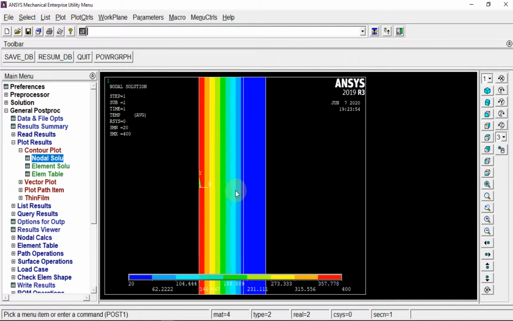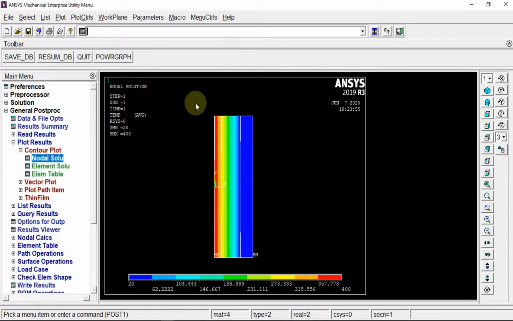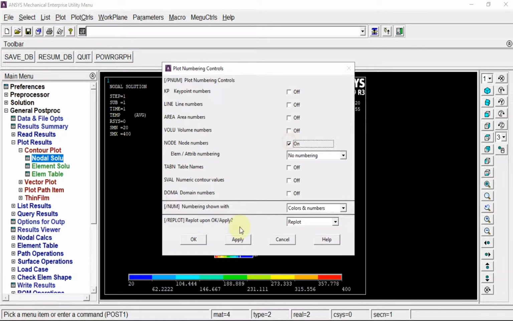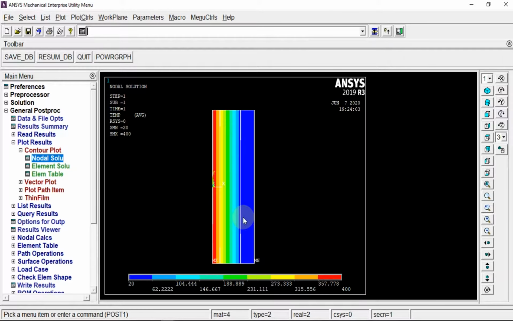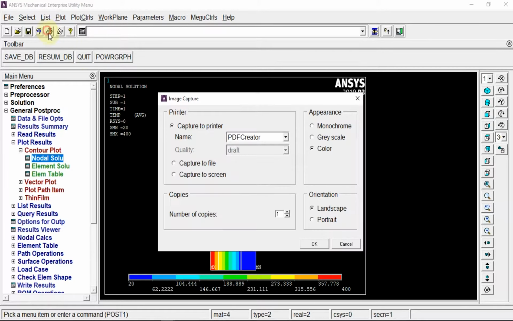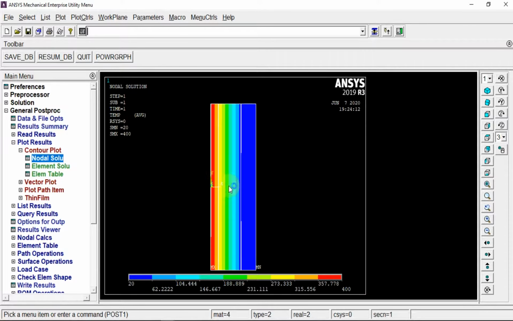Okay. So this is the nodal solution we are getting, and if you want you can always switch on the numbering of the nodes. Okay, it's not visible. Fine. So this is the nodal temperature, that also you can save